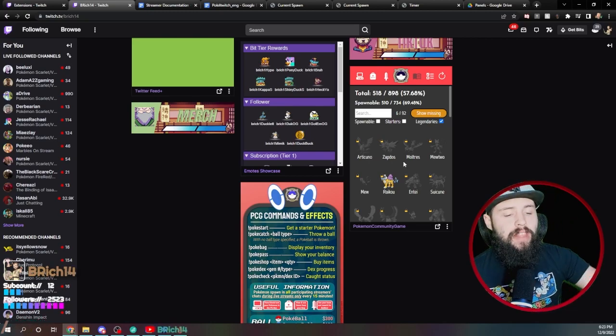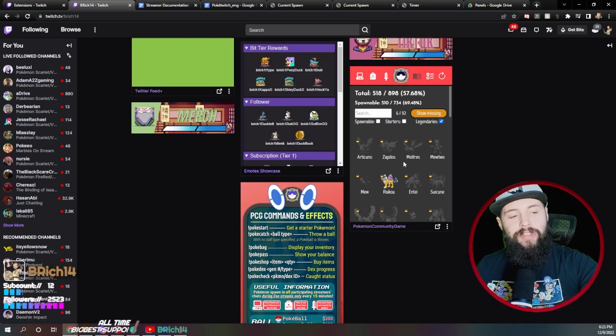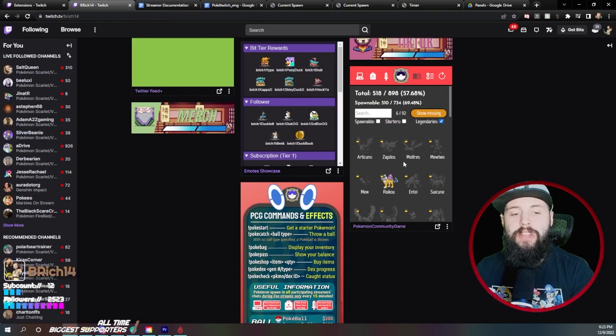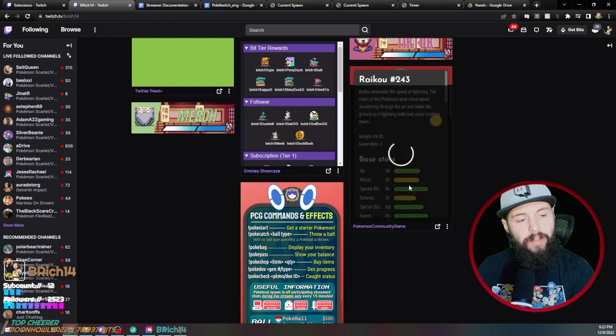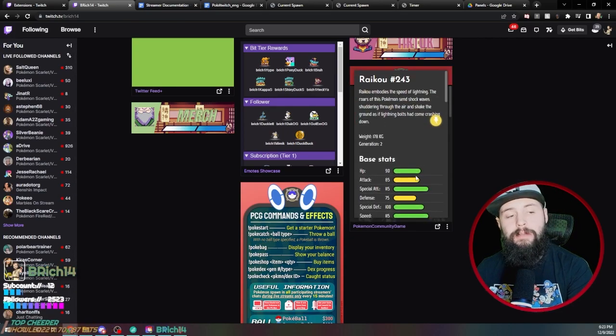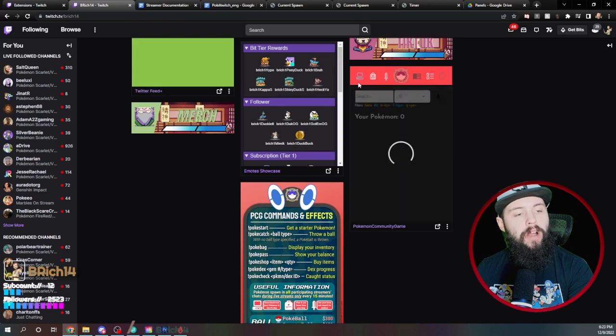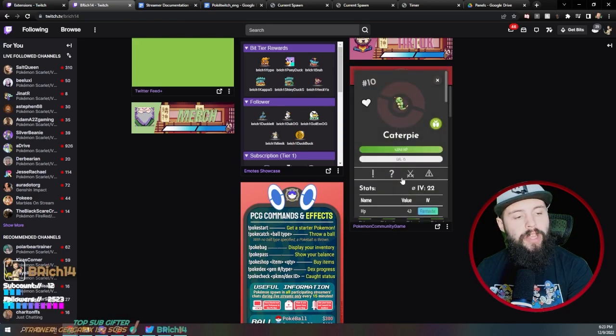Sometimes they'll spawn in events that you'll be able to find out about if you join their Discord. But everything you need about your Pokedex is here, and if you need to, you can search for any Pokemon. That is the Pokedex in its entirety. Click on something if you're interested in finding more out about it. That's the same page that gets brought up if you click on the question mark when you're looking at a Pokemon.